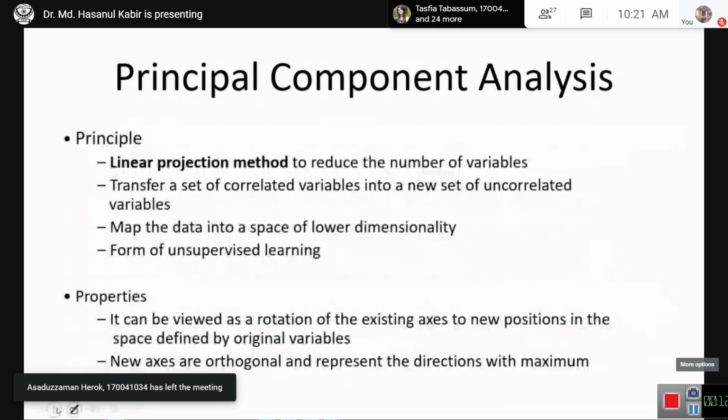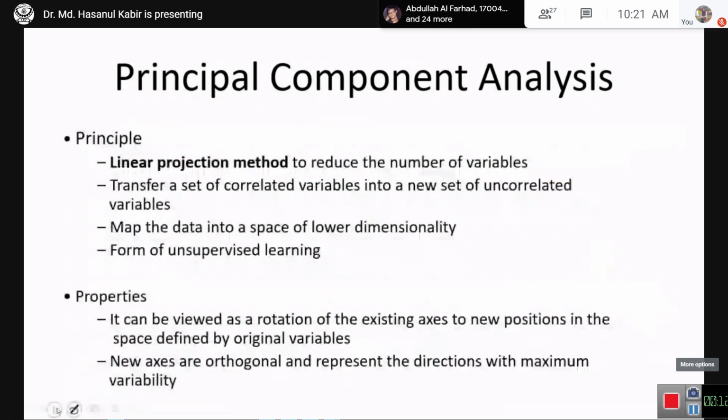So we do this projection, and that's why it is known as linear. It will try to transform a set of correlated variables into a set of uncorrelated variables. So we can reduce the number of variables. If you can reduce the number of variables, that means the number of features, what have we done? Basically, we have mapped the data from the high dimensional